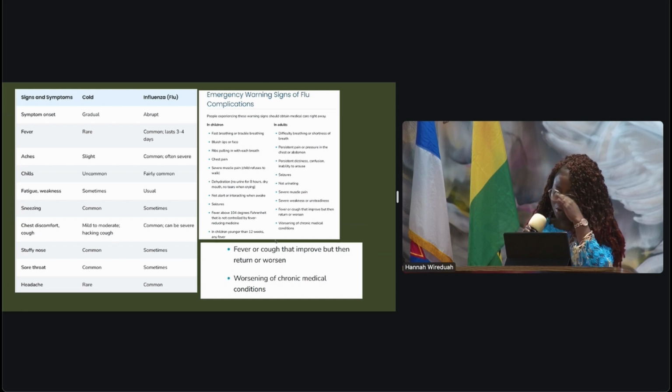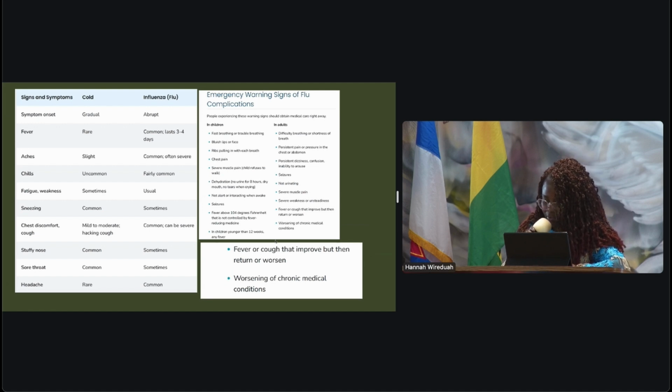And a seizure: it is mostly uncommon for a child to have a seizure, but with flu, it is very complicated. Also go to the hospital if flu comes with severe muscle pain and severe weakness. Antibiotics do not help here, and this is also an emergency in that case.